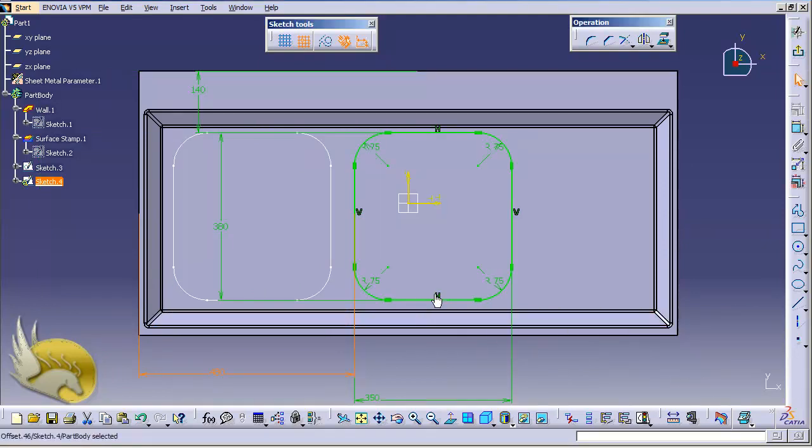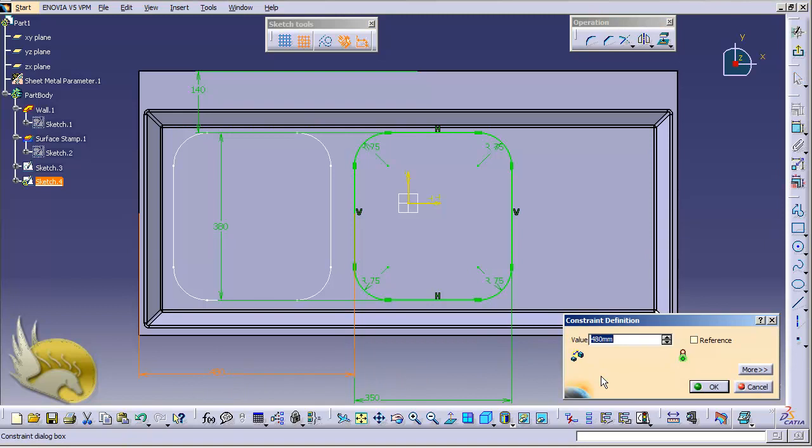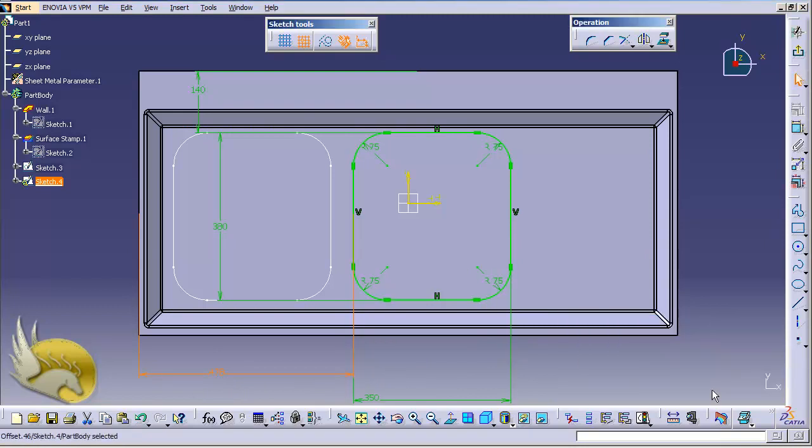Now you can see the exact copy of the first shape is here, and this is 480. I can of course change it to 478. That's 2 millimeters less, and I want it to be like this. So everything is okay until now. I exit my workbench,